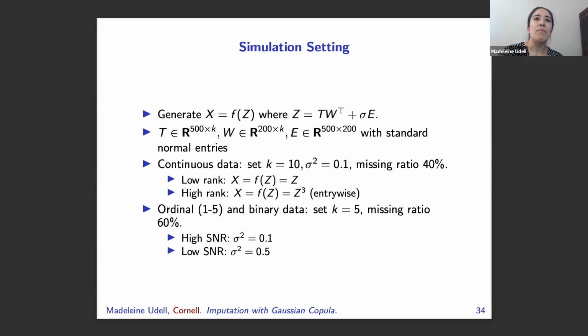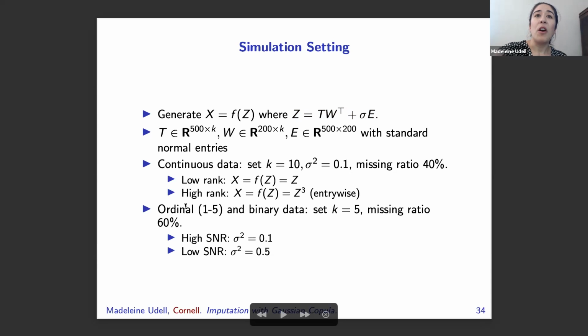As usual, we first test on simulated data to see if it does well on data that's explicitly generated from our model, and then we try it out on real data. So here's our simulation setting. We've got a bunch of different settings. One is continuous, where the data is actually low rank. We're going to generate low rank data as a low rank matrix plus Gaussian noise, sigma times E. We control the variance of the Gaussian with sigma.